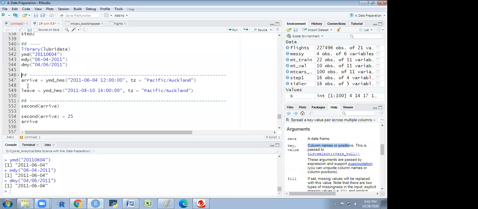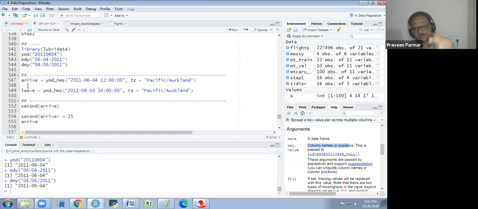So, sir, we directly write the function mdy or ymd? Yes, whatever format they have given, you write just that, and it automatically converts to R format. You only have to run that once, then it will convert automatically, then you work on it.